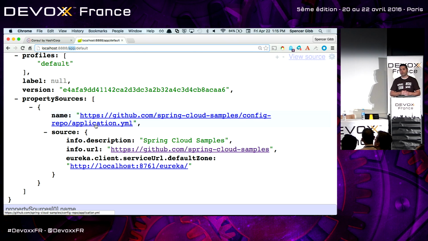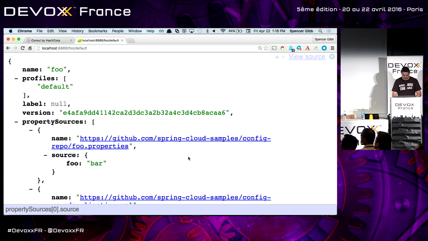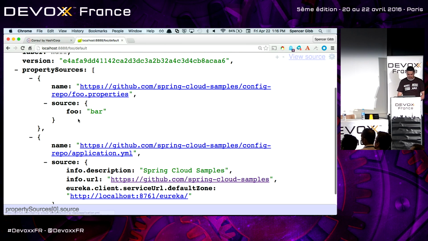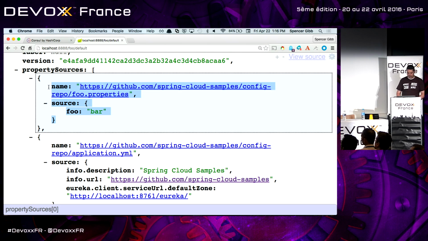Application.yaml in config server means I'm available to every application that comes. So this is where you can put default properties that everyone would need. But if you wanted to override one, say for app foo, now you can see not only did I get the information that comes for everybody, but I have a specific one for me. Okay?